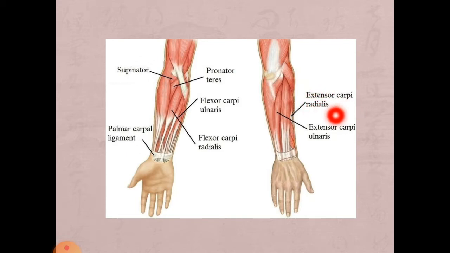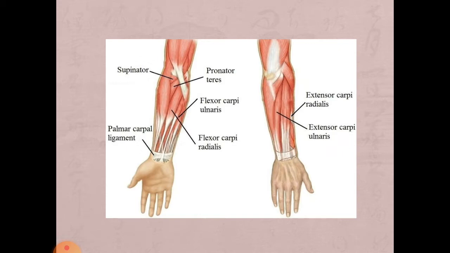The extensor carpi radialis and extensor carpi ulnaris muscle. So these two are the extensors for the wrist joint, and these two are the flexors for the wrist joint. Next, we have the adduction, and for the adduction you have the flexor carpi radialis and the extensor carpi